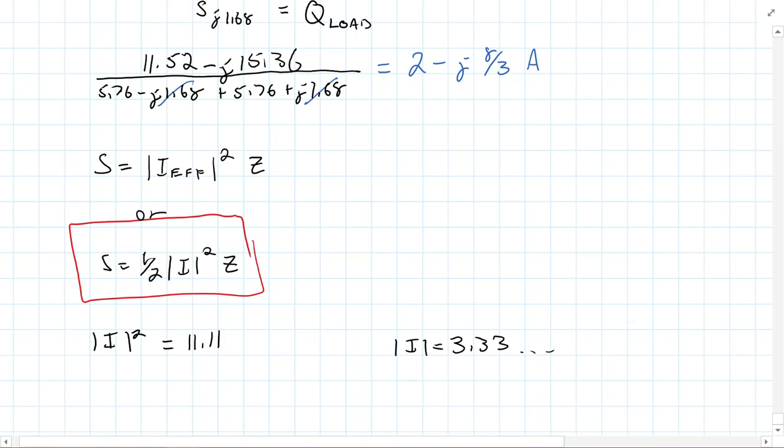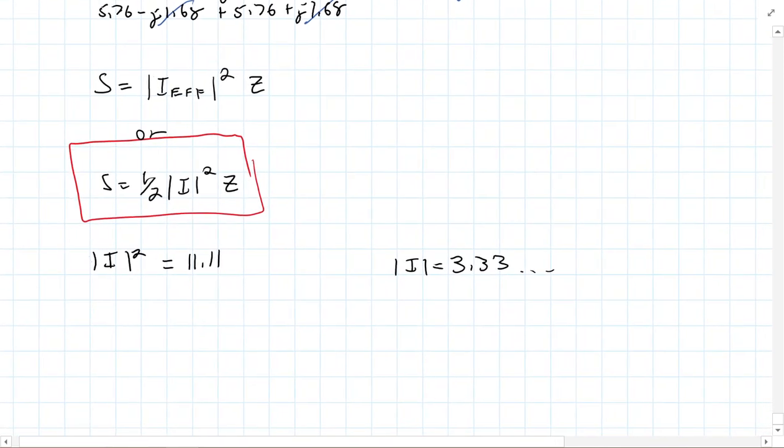So 11.11 for I squared. And so then what do I get here? Well, my S, because again I'm only going to do it for the 5.6 ohm resistor, because then this would give me my average power for the load